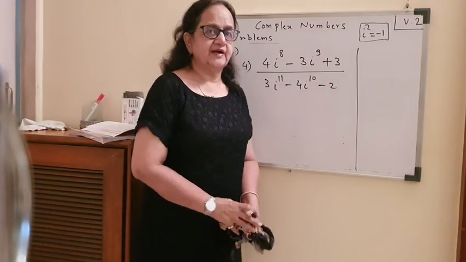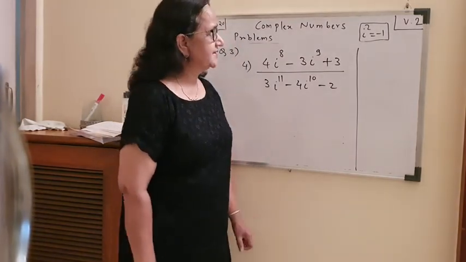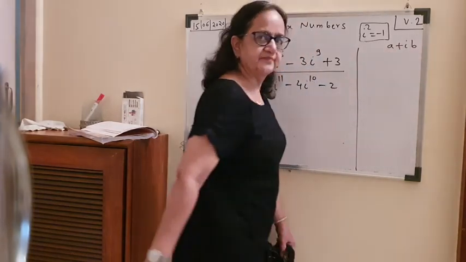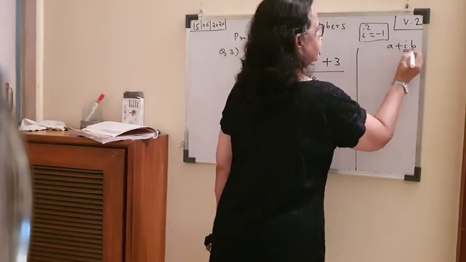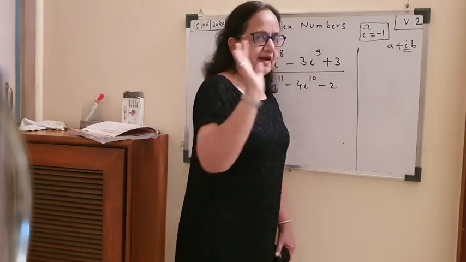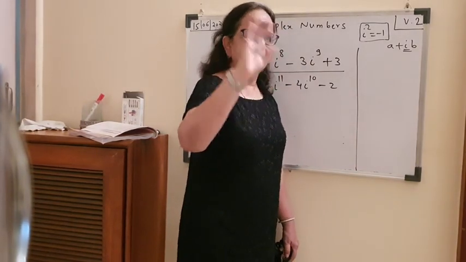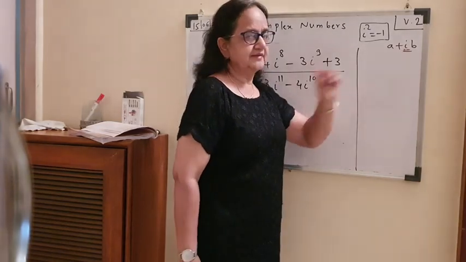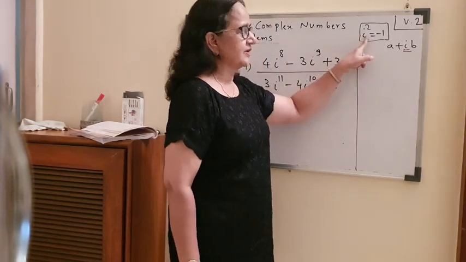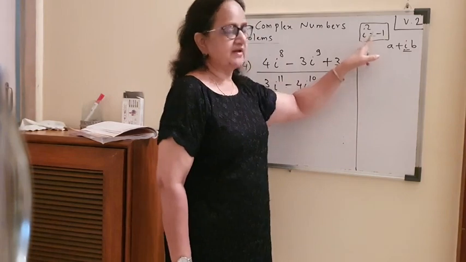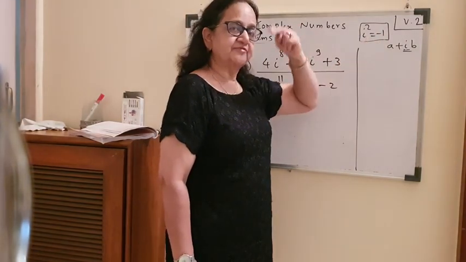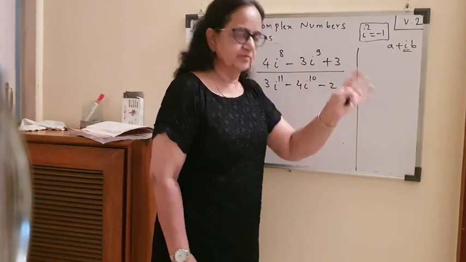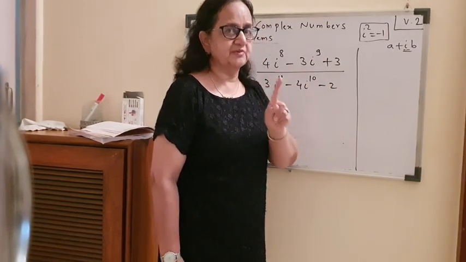In the last video, I had made a very important remark that my number should be finally a plus ib. i is my favorite. I don't touch it. I will allow it to stay wherever it wants to stay. But after i, nothing else I allow, not even i square. If I see i square, I put minus 1, and after i square anything I don't like. So I try to remove them. Is that clear? Will you remember this?